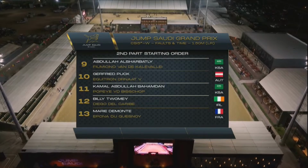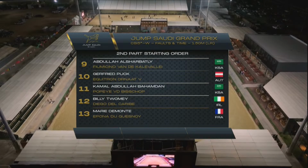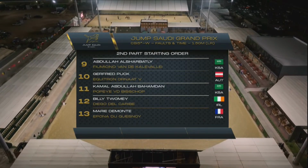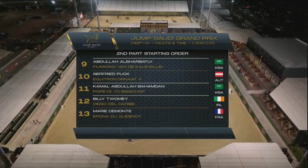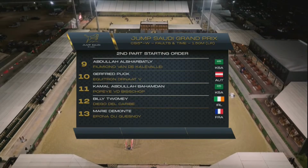Welcome back. We're getting ready for the second part of jumping in the Longines World Ranking metre 50 Table A speed, currently being led by Odrongo Alpha and Christian Alman, last year's Grand Prix winners here at the 5-star level at Jump Saudi. It'll be Abdullah Al-Shabatli, winner earlier on tonight, who will get us back underway with Fumicino van der Kalevalai,